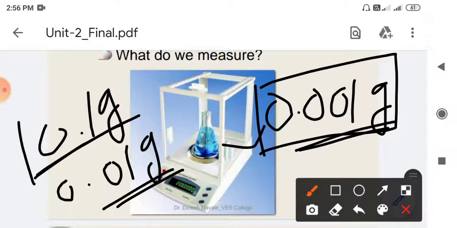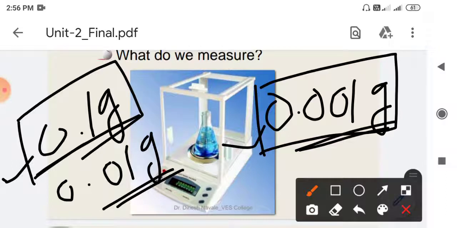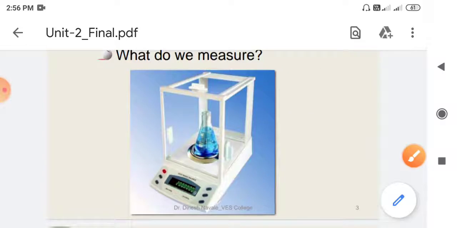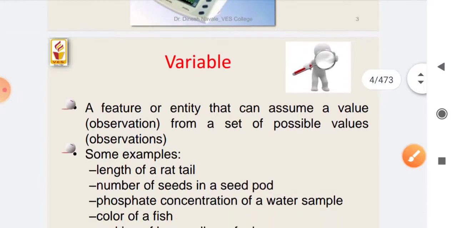For rough practicals we generally tend to use this type of weighing balance, but for accurate measurements we have to use this type of instrument, which will have a least count of around 1 milligram. So once we have got an idea about the weight that we need to weigh, there are certain other parameters,